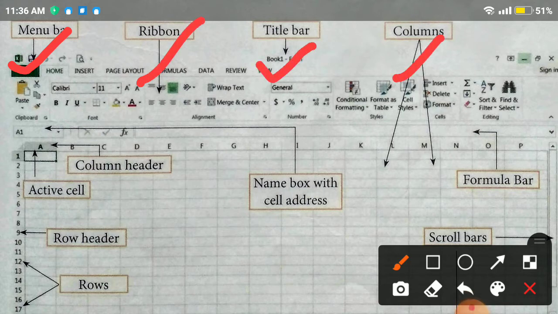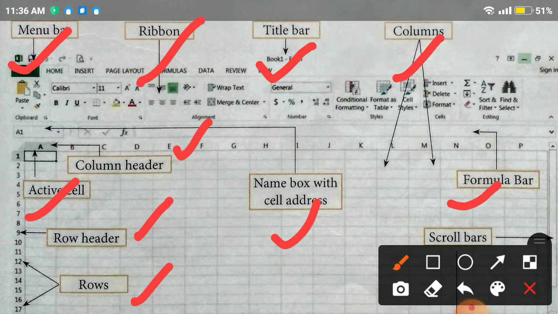This is the columns. This is the column header. This is the active cell. This is the row header. This is the row. This is the name box with cell address. This is the formula bar, and here, last, these are the scroll bars.